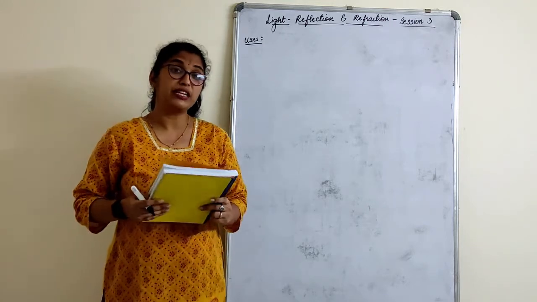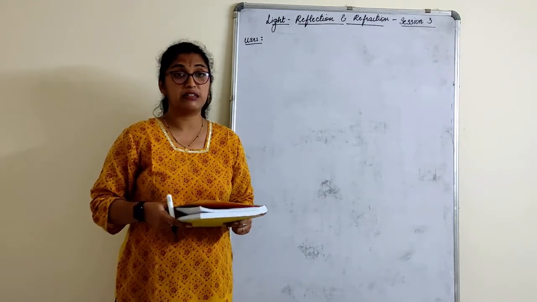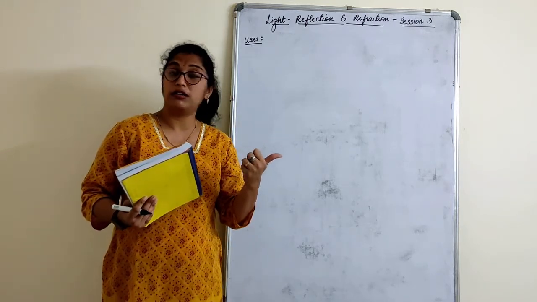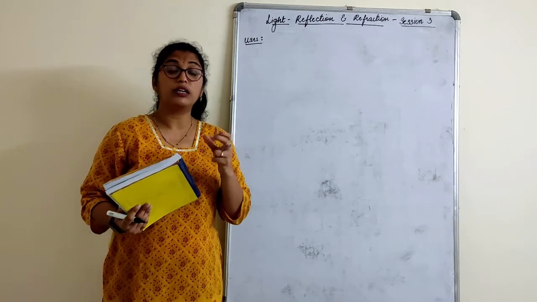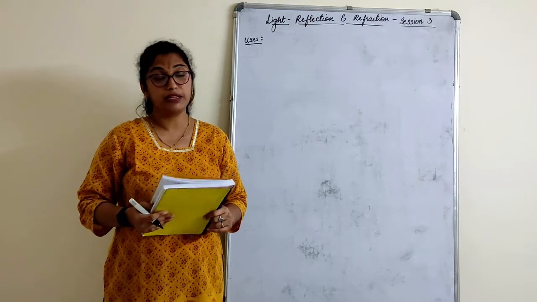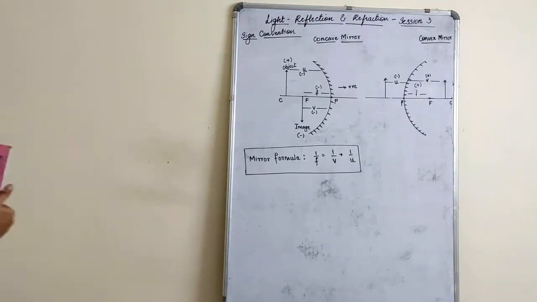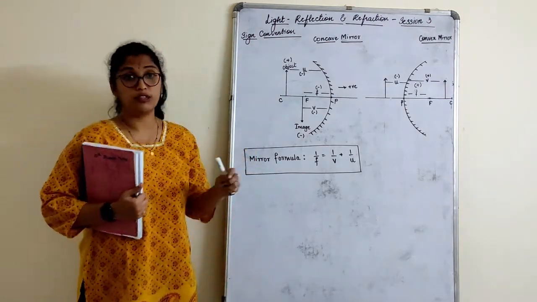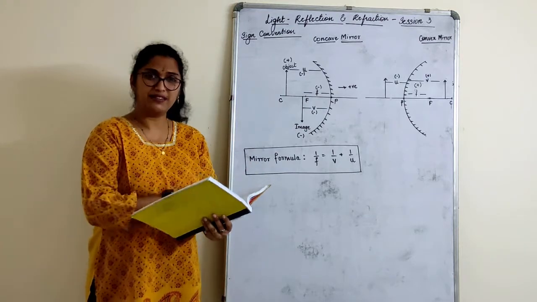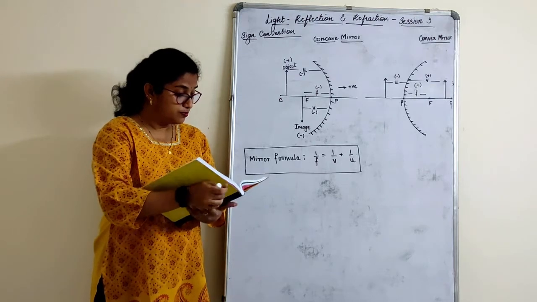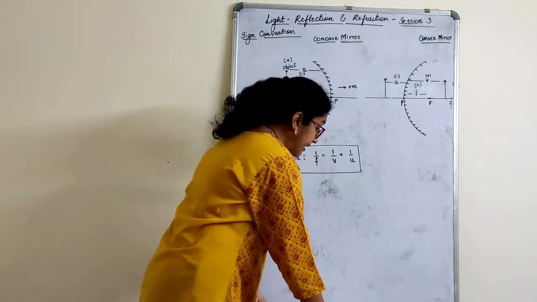Now the next very important concept we are discussing here is sign conventions. Sign convention tells us what signs we are supposed to use for the image, object and focal length, and we'll also study the mirror formula. Sign convention is very important to know to solve numericals. I'll read this, and along with that I'll explain what I have written and drawn here. First we understand this part and then we will read it.